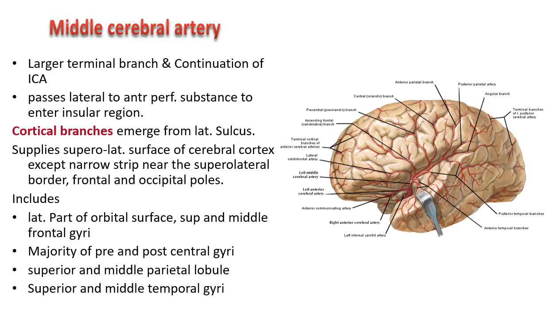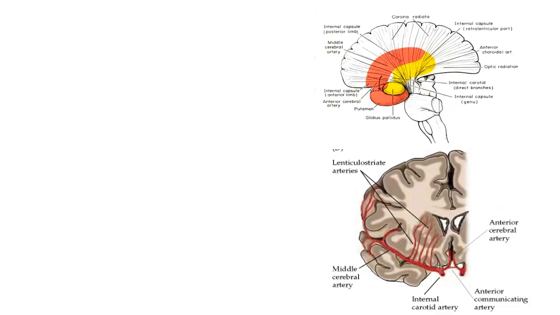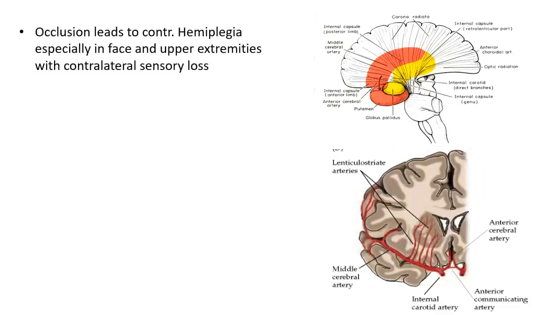Apart from the cortical branches, it has these central branches. Okay, so occlusion of the cortical branches leads to hemiplegia. So mainly your corticospinal tract, pyramidal tract is affected, and